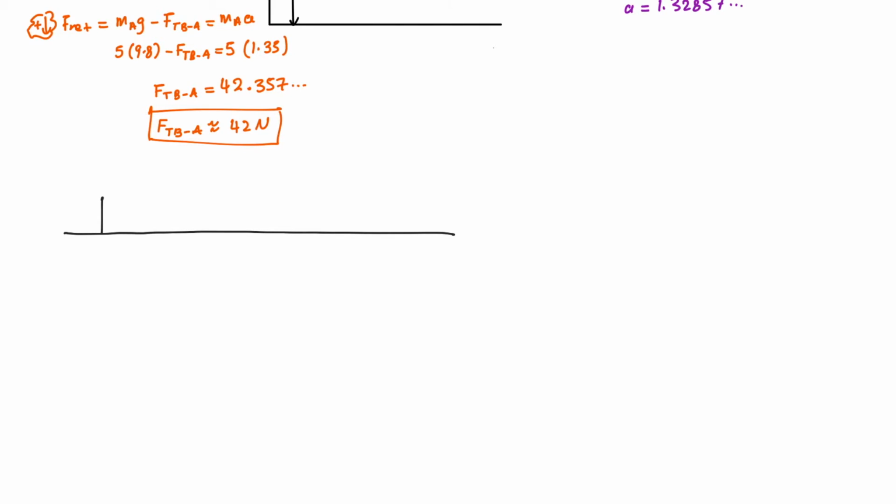So this is only box C because that's what we're considering now. We know that box C is going to travel for about a distance of 1 meter at an acceleration of 1.32857, and again I'm using the exact value throughout this whole calculation, and it's going to keep going,